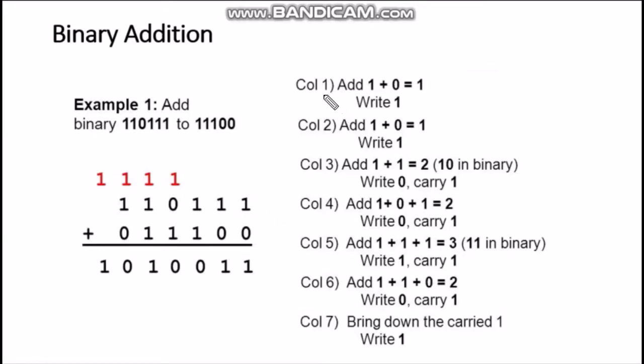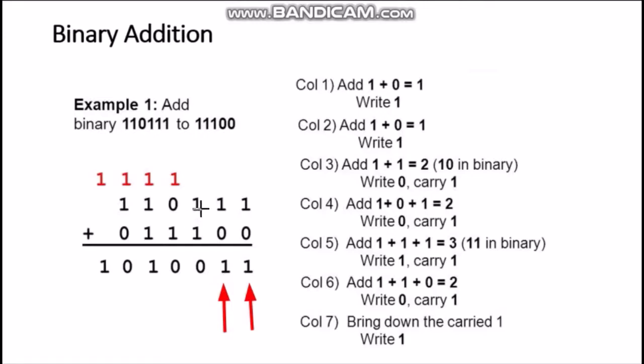First column, you see column 1, this is column 1, okay. First we will see how column 1 will be added. This is column 1. Add 1 plus 0. So 1 plus 0 is 1. So in the result we have written 1 here. Then second column, again 0 plus 1, or 1 plus 0 is 1 again.